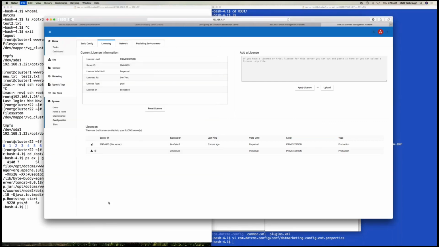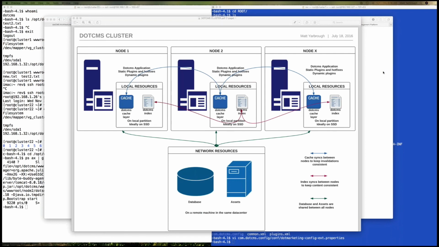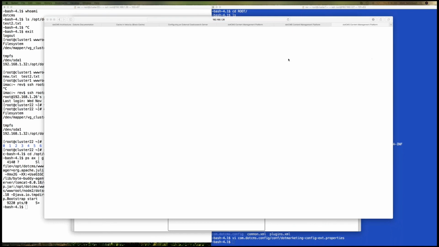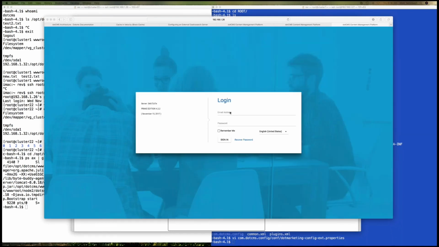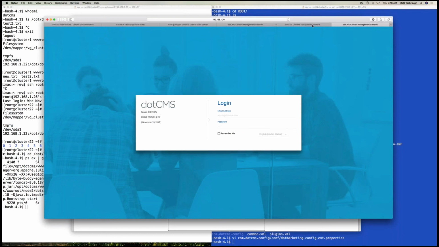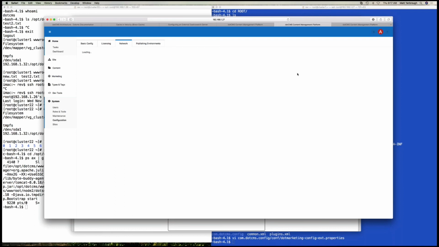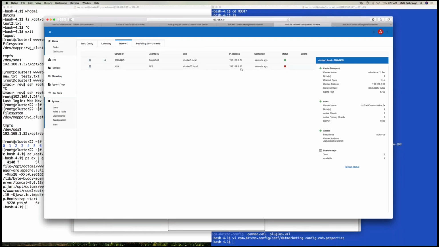Let's see, that may not be correct. We have started them both up at the same time. So this second node that I brought up, it's a little sluggish. But I can see in here, it's still only showing